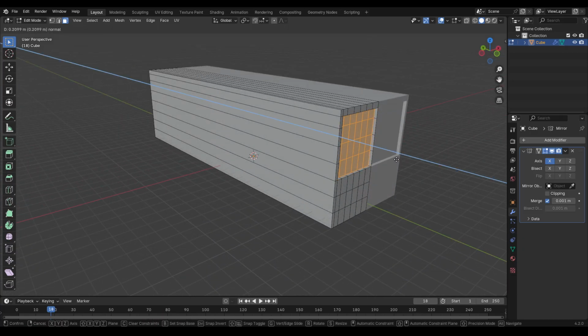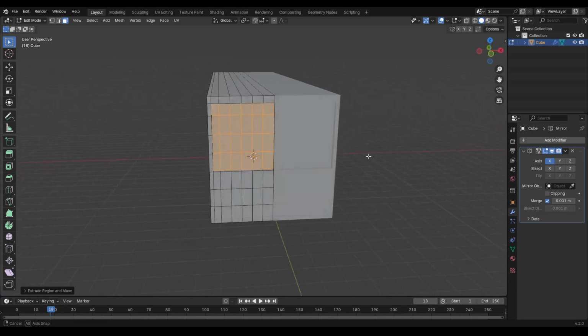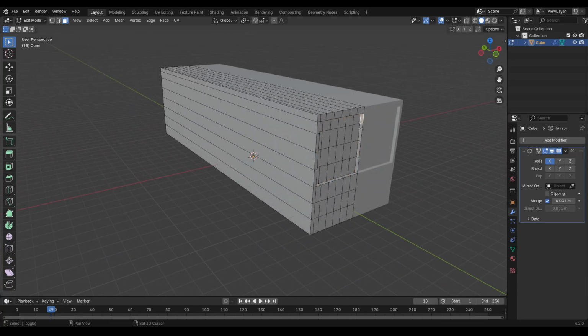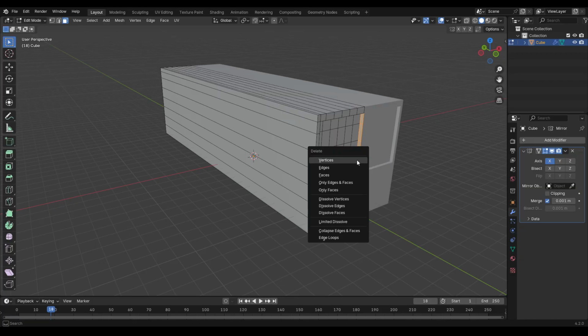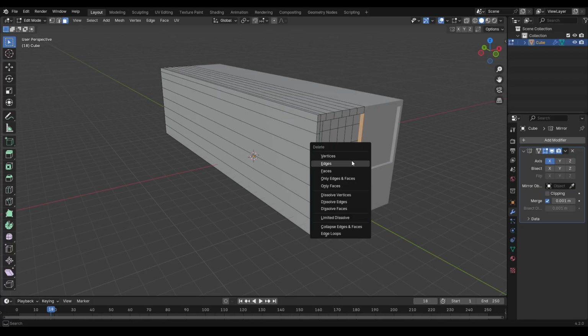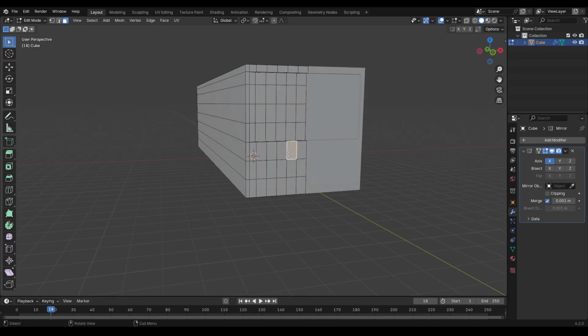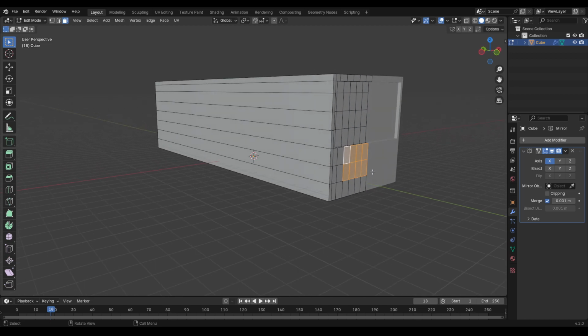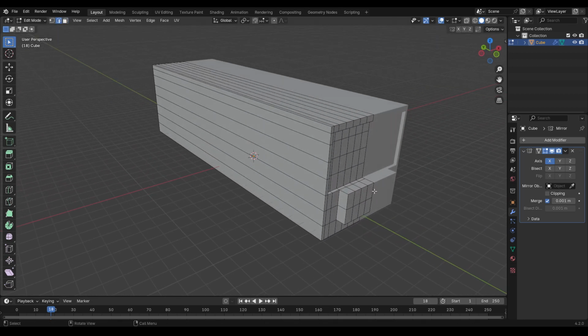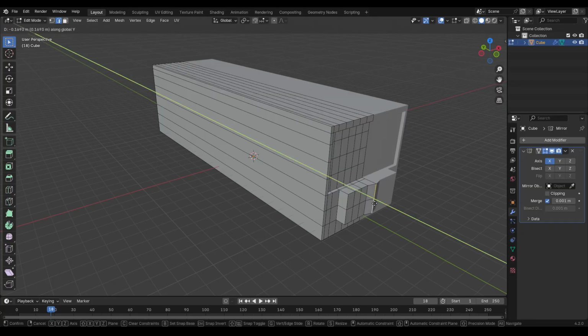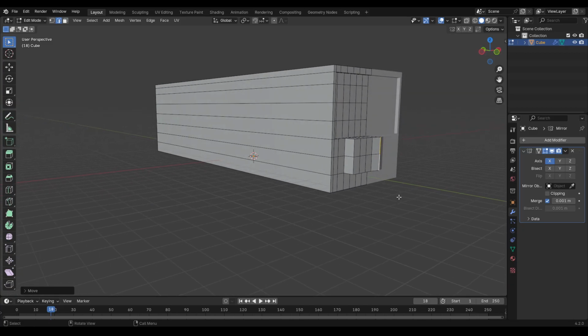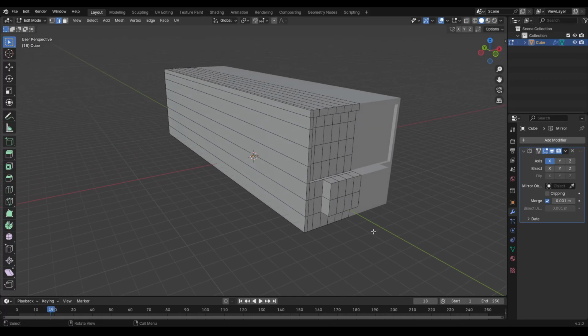I don't like that there's this, so we're gonna delete that. Oops, we're just gonna delete the faces. Okay, there we go. Then we can bump this out a little bit, maybe like that. Then we can do this and do that. Yeah, that seems not at all like a bus, but